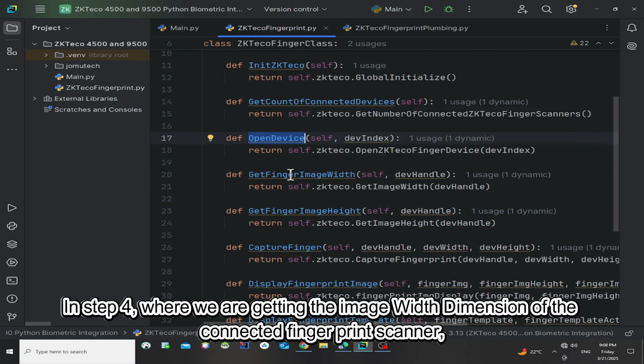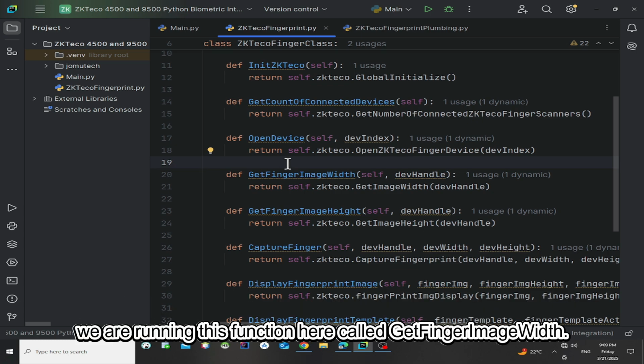In step 4, where we are getting the image width of the connected fingerprint scanner, we are running this function here called get finger image width.